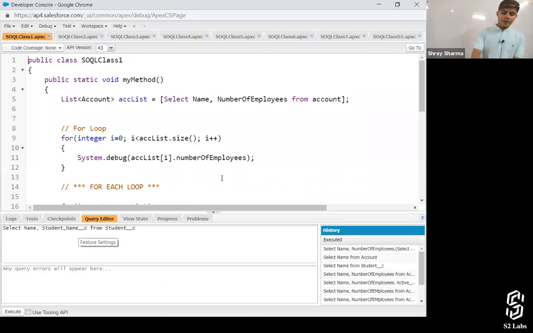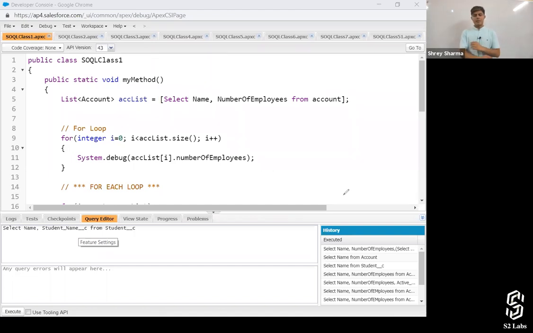So see, all you've got to do in order to write a SOQL query inside an Apex program is just add a square bracket and inside it write whatever kind of query you want to write. That's it. No database connection, no JDBC, no ODBC, no IP, no localhost, nothing like that. All you have to do is add square brackets, and inside it you can write any query that you would like.